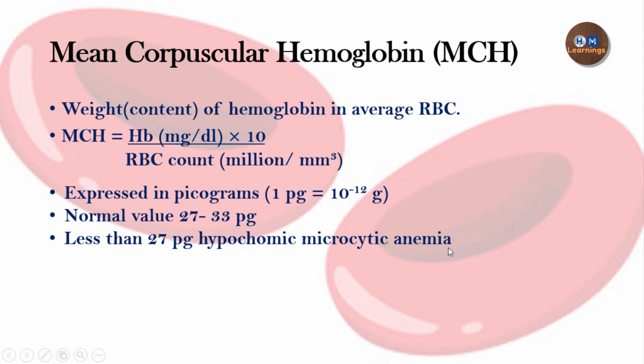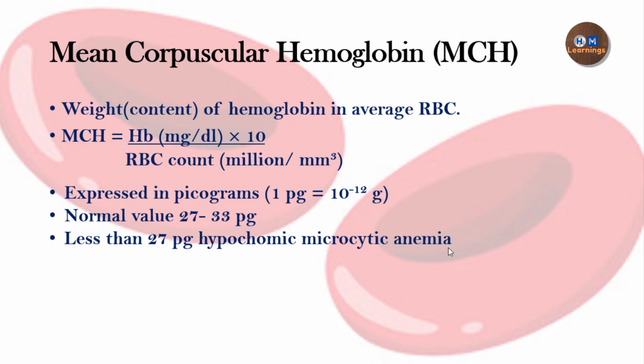Now the next is the mean corpuscular hemoglobin, and it is basically the weight of the hemoglobin which is present in a single RBC. We already have a value of hemoglobin in gram per deciliter, that is the weight of the hemoglobin present in 100 ml of blood, and we also know the RBC count which is present in 100 ml of blood. So here also we can apply the unitary method. We will divide hemoglobin by the RBC count into 10, and then we will get the mean corpuscular hemoglobin. It is very easy to learn the formulas. You just need to apply common sense and you will get the formulas.